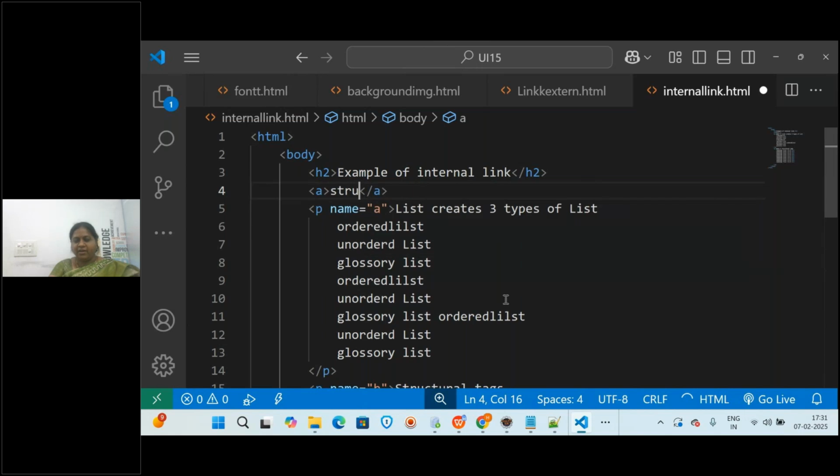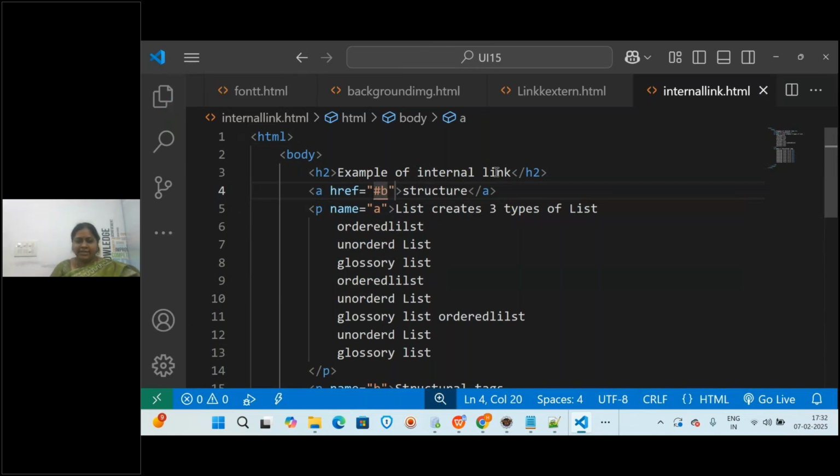So I'm giving structure, it has to move to that location. In the href you don't want a separate file, you want to move to that structure. So what I have given there, name as b, so you have to provide with hash and then b. So that is providing the bookmark.